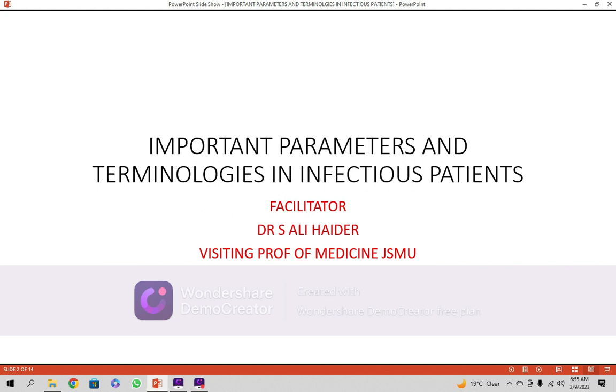The second line of defense comes when the agent tries to enter into the body. The first line of defense also comprises secreting antibodies, IgA antibodies, in the mucous membrane, nasal mucosa for example, and others also. In the GI tract also there are IgA antibodies, which are protective, humoral in nature, and some are specific and some are non-specific. They act on the noxious agent. If the agent is not killed by this, the second line of defense comes into action.